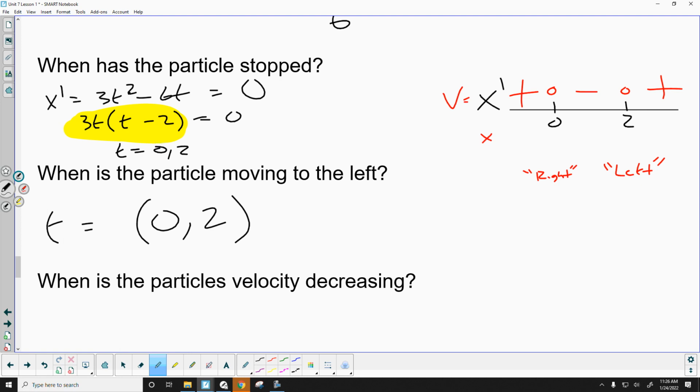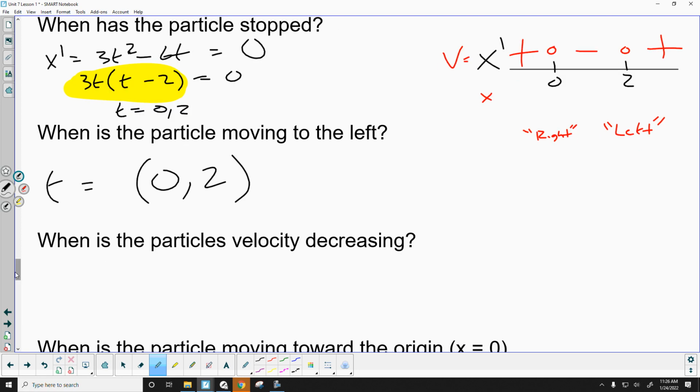Okay, next question. I need to figure out when velocity is decreasing. Tell your neighbors, what do you think you need to do? Take it to the next level. If you remember, to tell when something's decreasing, you look at the sign of its derivative. Well, guess what? This is x prime. This is x double prime. We are going to do our friend